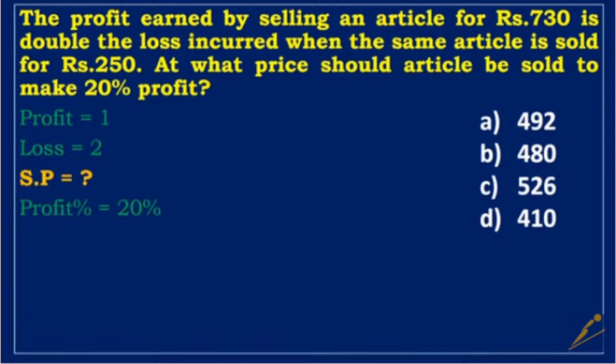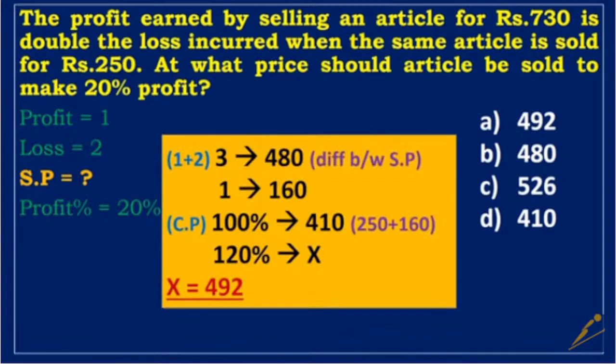According to the data provided in the question, the profit earned by selling the article is double the loss incurred. In this case, profit is 1. The loss is 2. The sum of these values is equal to the difference between selling prices. The value 3 is 480. Then, the value 1 is 160. The cost price of 100% is the sum of the selling prices of 250 and 160. In order to find the selling price of the article with 20% profit,